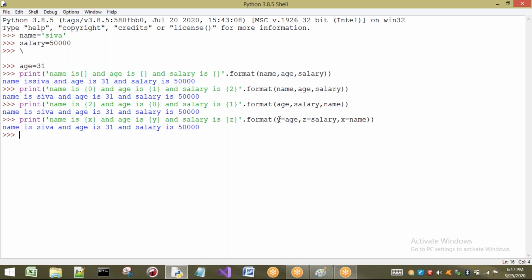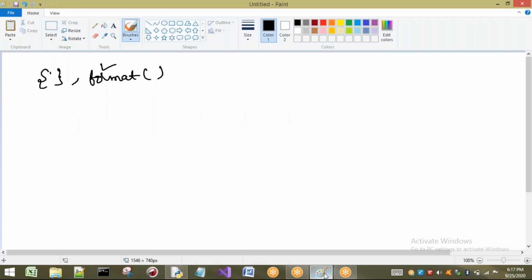When I talk about numbers, basically in our mind we get two things: fixed point numbers and floating point numbers. Let us take fixed point numbers as decimal numbers. By default, every fixed point number is considered a decimal number in any programming language. For decimal, the format specifier is D. For floating point we have F.